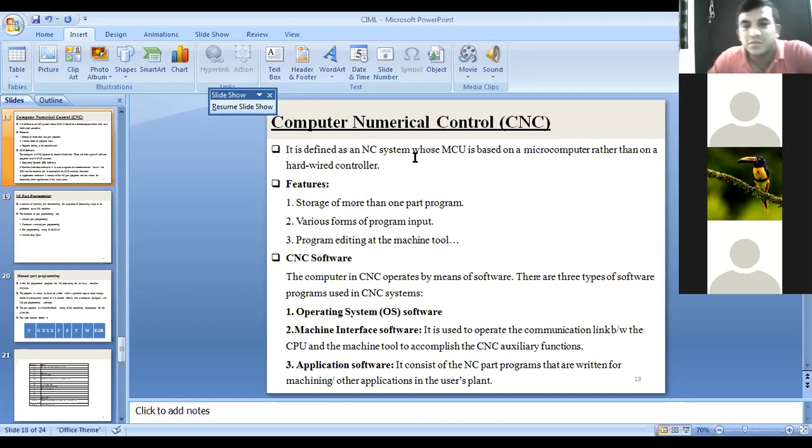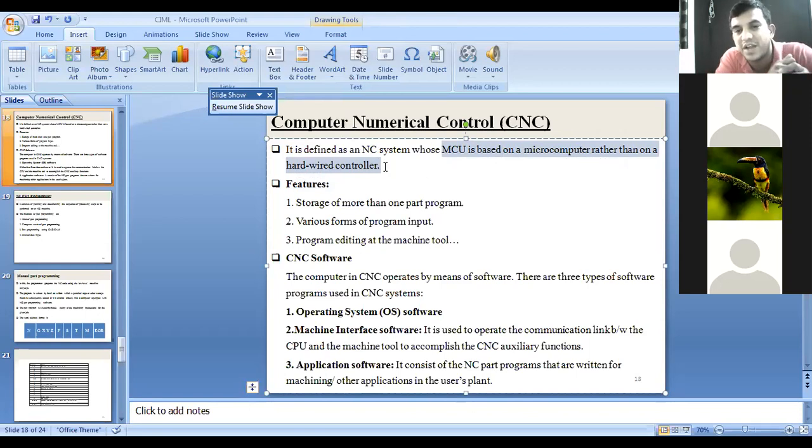If the MCU is made up of a hardwired controller, then it is called an NC machine. If it is made up of a microcomputer, then it is called a computerized numerical control, CNC machine. One more is distributed numerical control, meaning only one server.